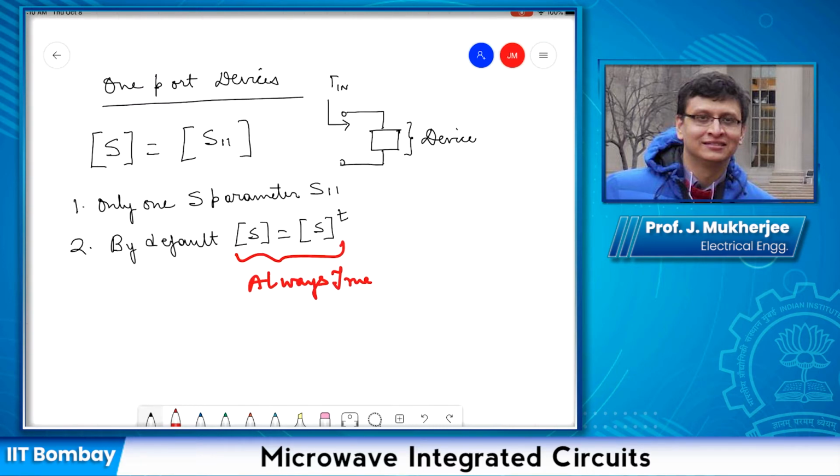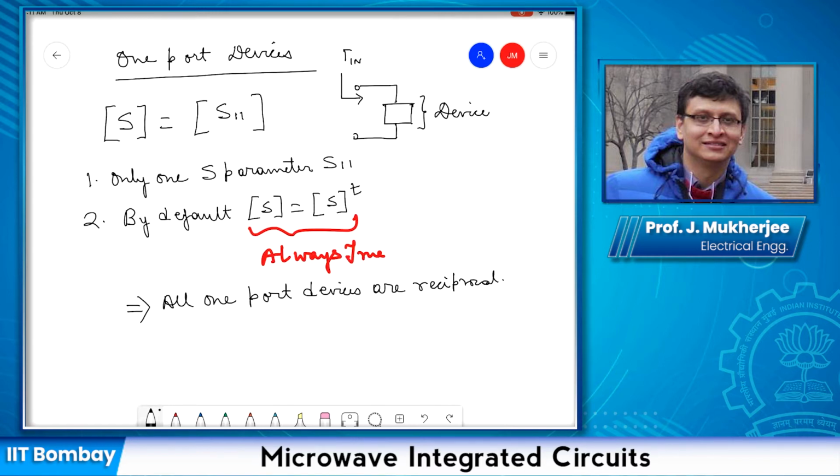Hence, this implies that all one-port devices are reciprocal. The third point to note is, if the device is also lossless,